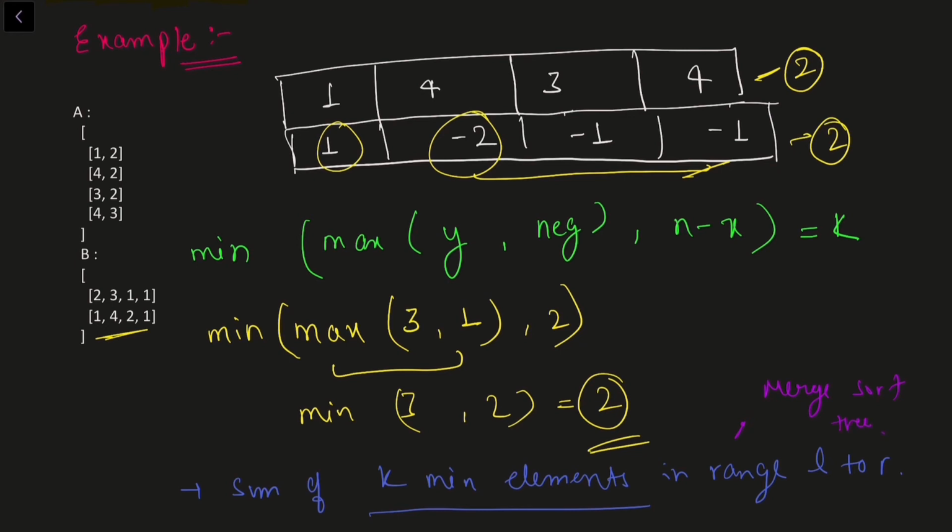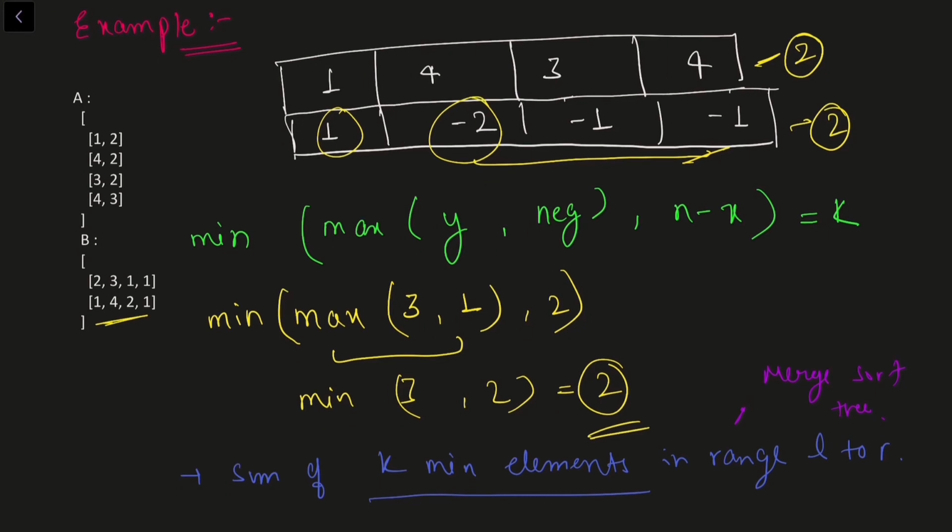So that is the whole logic behind this problem. Now how can I solve this with a merge sort tree? In order to understand that, you actually need to understand the merge sort tree. Now how can we solve this problem with a merge sort tree? If you understand the merge sort tree, you know that a merge sort tree is just like a segment tree, but at each node we store the complete range, and that range will be sorted. So if I'm talking about some range L to R, then we store all the values of L to R in sorted form.